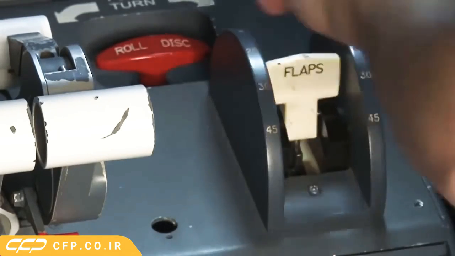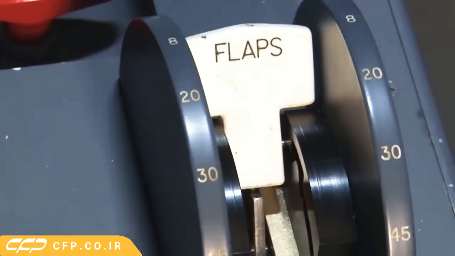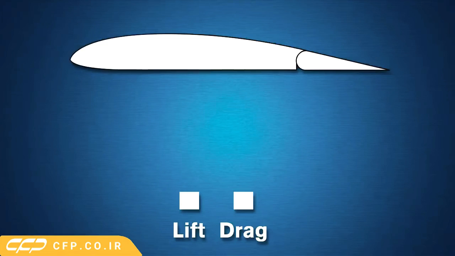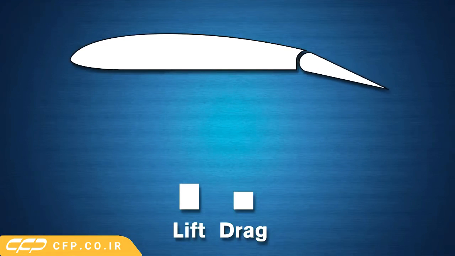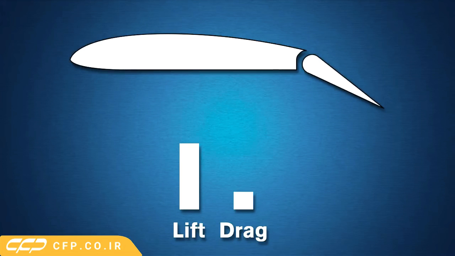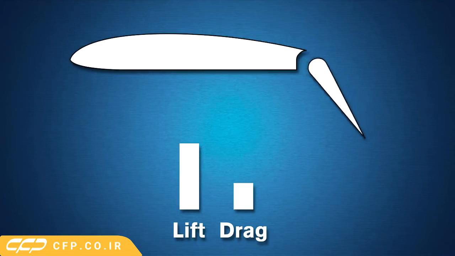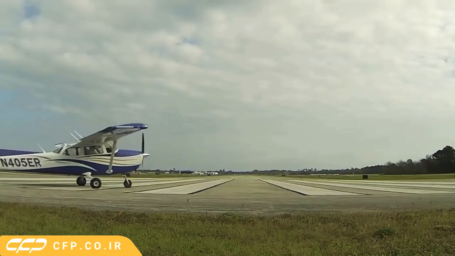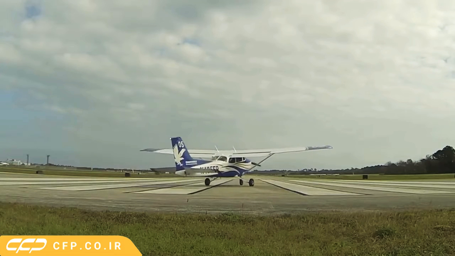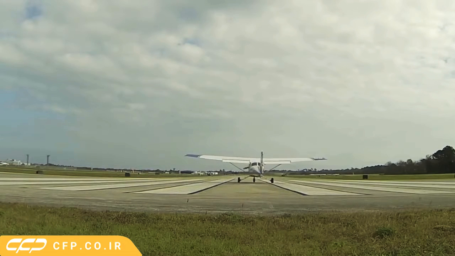Flaps can generally be lowered in steps, or more precisely, in set degree amounts. Initially, the input of flaps will increase lift by a larger amount with only a small increase in drag. As the flaps are extended further, usually around the halfway point, lift increases only slightly, and the amount of drag created increases rapidly. Now that we have an idea on how lift is generated, let's discuss the three remaining forces,